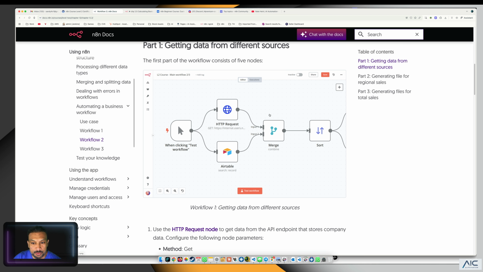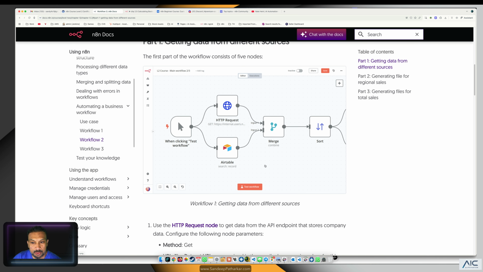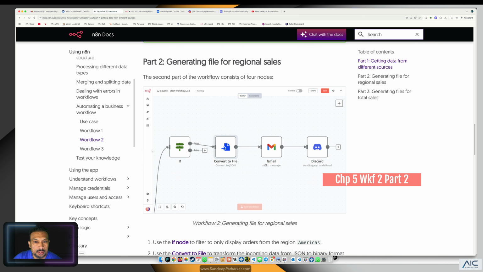In the previous episode, we saw workflow 2, chapter 5.2 part 1, getting data from different sources. We took the HTTP request and the error table, merged the data, and sorted them in descending order. So in today's